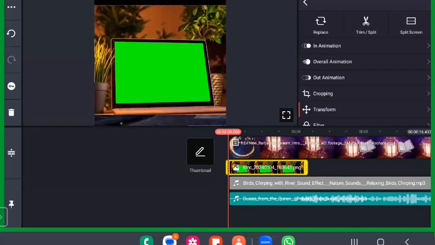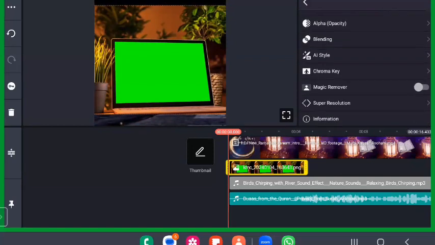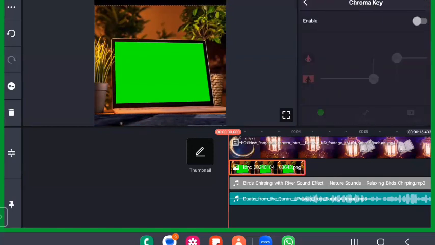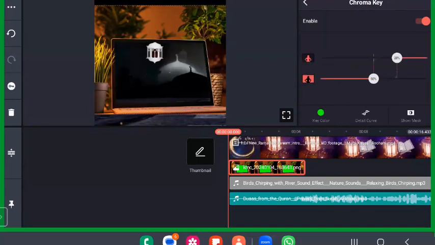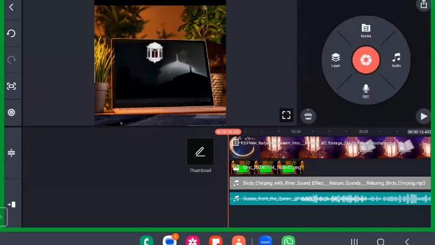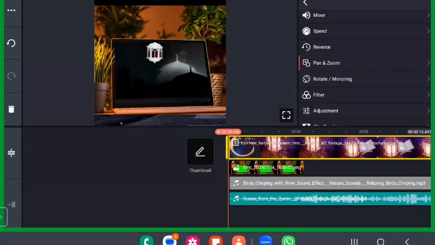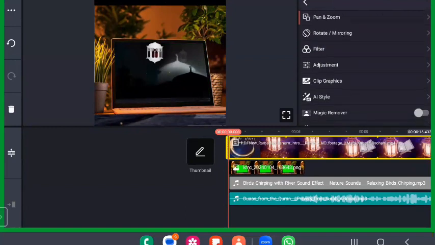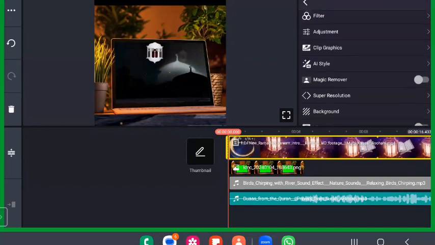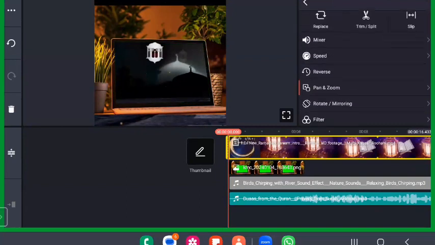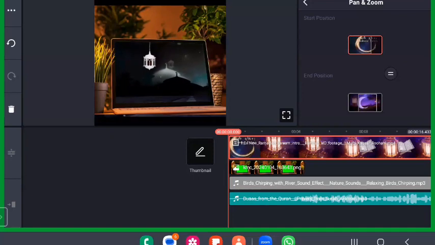You just have to go to the chroma key and disable this green thing, right? You enable the green screen and you're disabling this. See how beautifully the green screen of the laptop went aside. So this was it. Then what you have to do is pan and zoom the background video, the video that was behind, and fit it inside this laptop that is shown here. So I'll click on the video that we have. Let me pan and zoom, and I'll keep it inside this